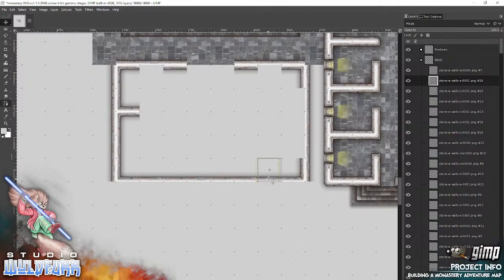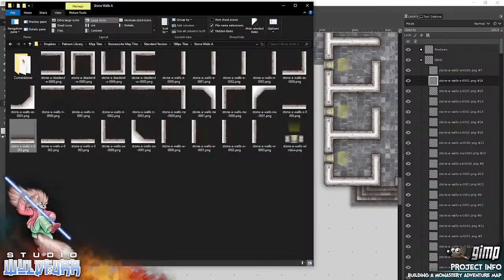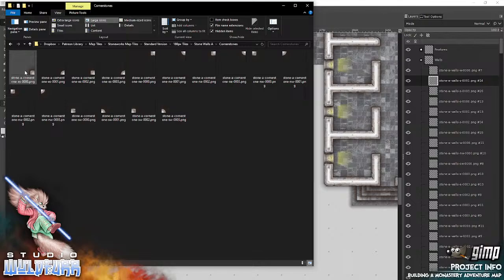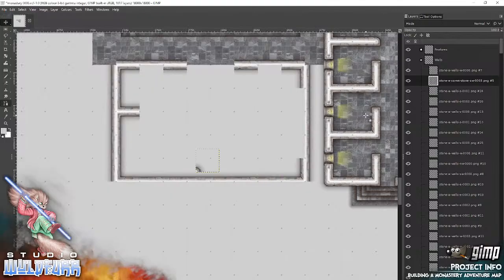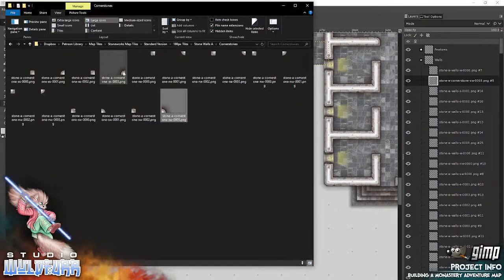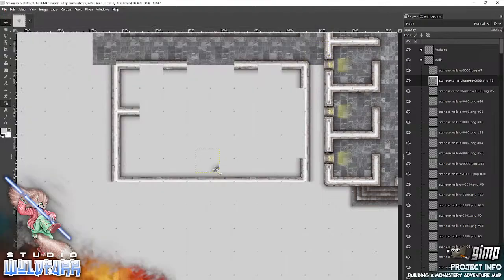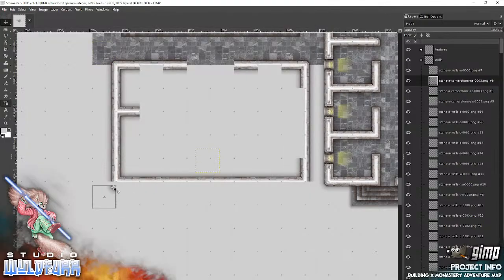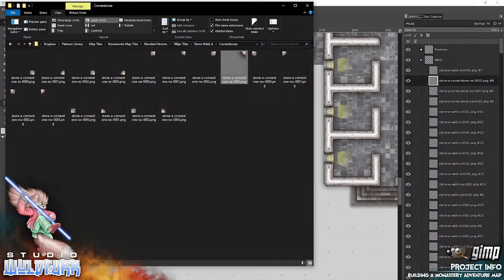Okay, so I'm not 100% sure what to do with this building. It's listed on the map as being a refectory, but I have no idea what a refectory is. I'm not going to look it up, because this is going to be a monastery for adventurers. This building is actually built for an angel that has become trapped on the cube. The cube is my little puzzle world, and